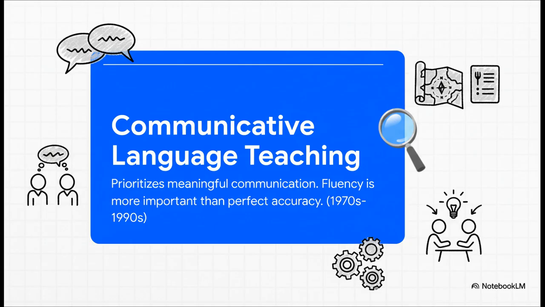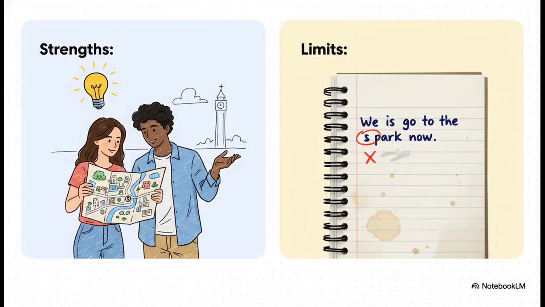This is where our modern classrooms got things like role-playing, solving problems in groups, and using real stuff like restaurant menus and city maps. Honestly, this approach was a real game changer. It made learning feel relevant and way more motivating. But, and there's always a but, right? With the focus so heavily on just being fluent, grammatical accuracy could sometimes take a hit. One really popular version of this, called task-based language teaching, came along and tried to fix that.